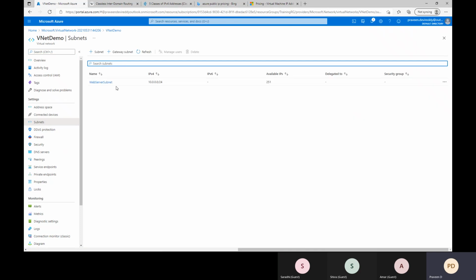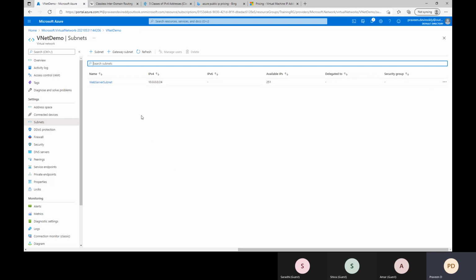It will display what subnets are available here. We have given the name while creating the virtual network as web server subnet, and the IP address range or CIDR notation is displayed here. See, out of 256, as I mentioned, 5 are reserved, so now we have only 251 available.